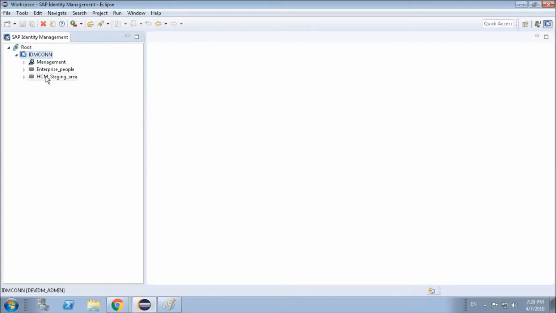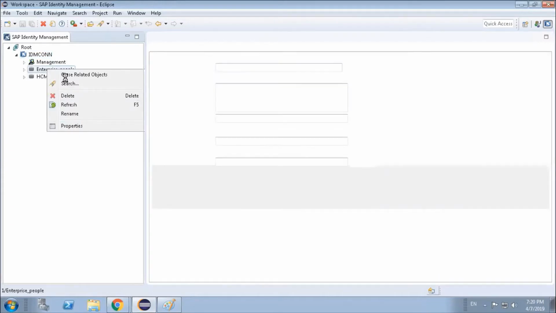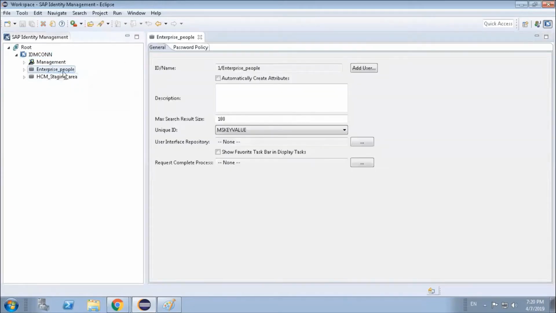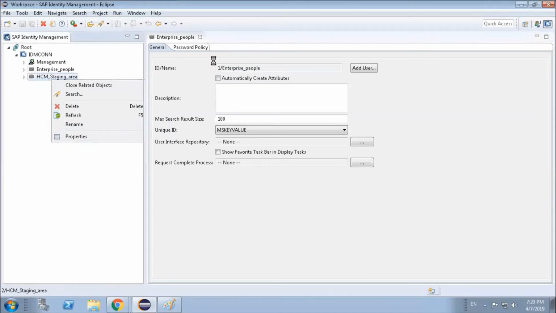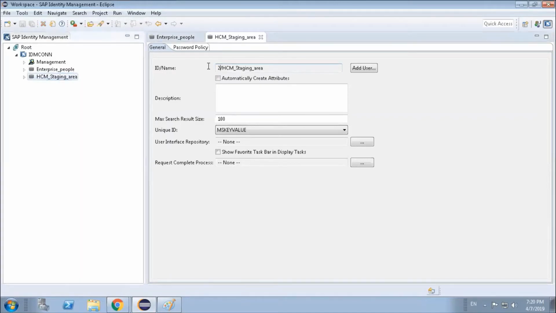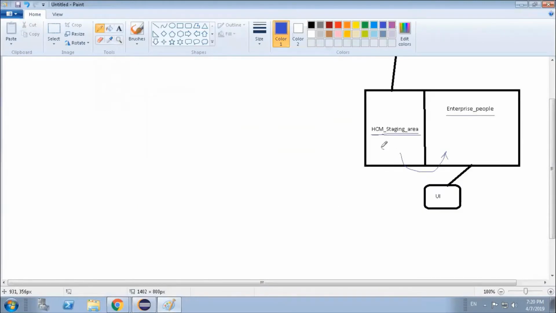Once you create another identity store, if you click on the properties of the first identity store, enterprise people, this identity store ID is 1, and the second one is identity store 2.